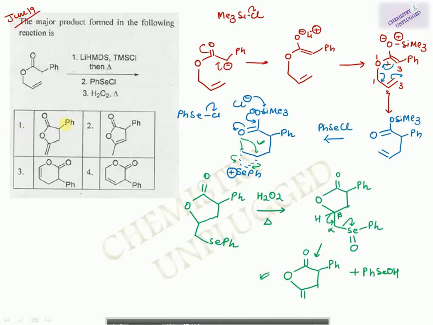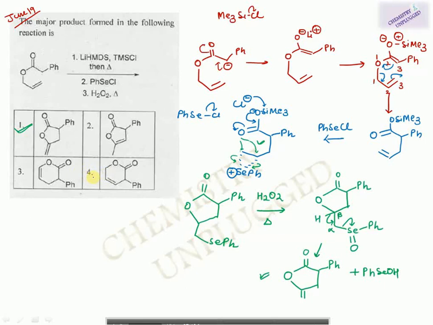So now you can understand why I am saying that this carbocation is more stable. If you attack at this carbon, you will get a 6-membered ring and your option can be this one or this one depending upon the reaction, but your ring will be a 6-membered ring. But you have to check which carbocation will be more stable, and on the basis of that you will get a 5-membered ring. Otherwise your answer can be wrong. Then we will move to the next question.